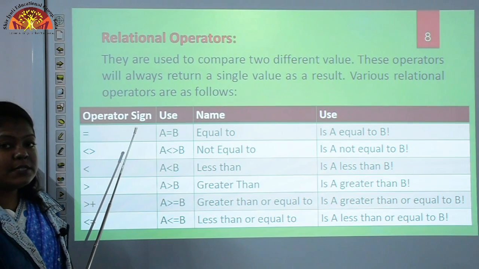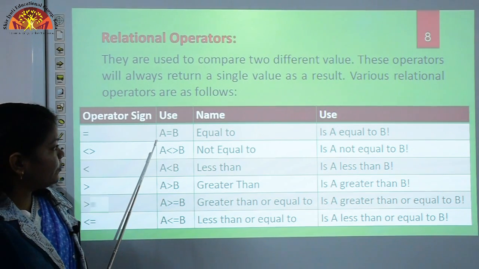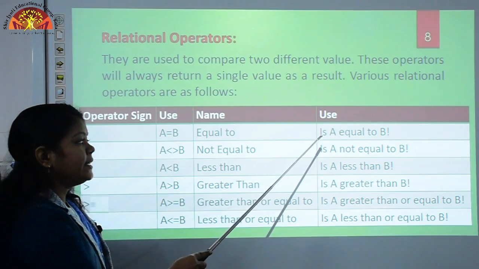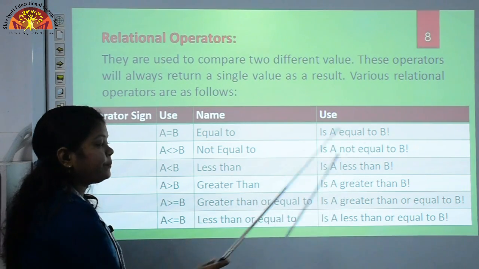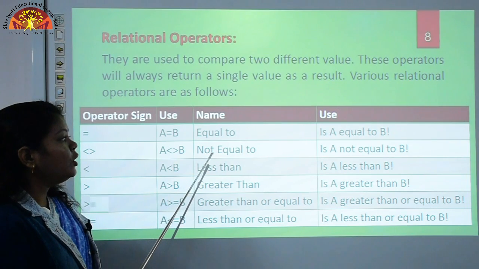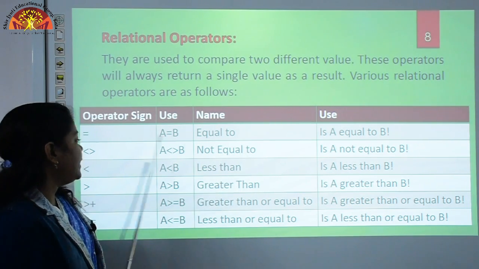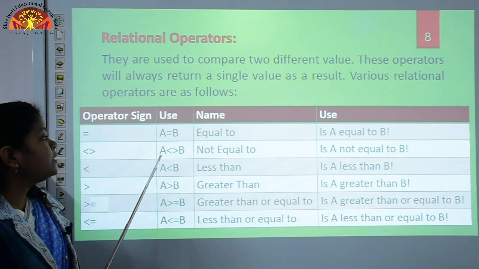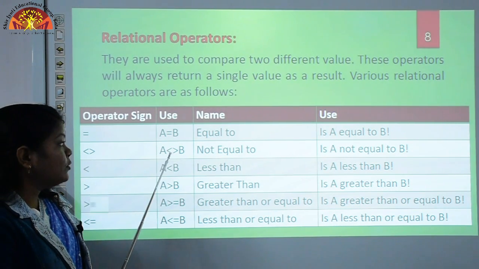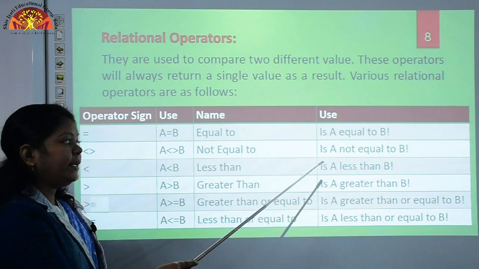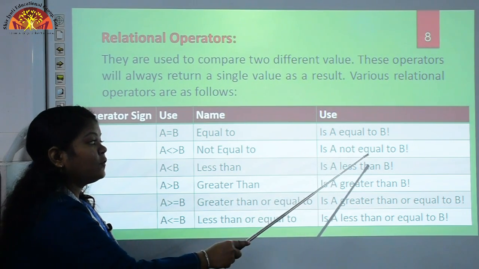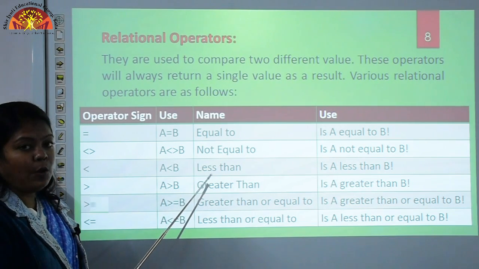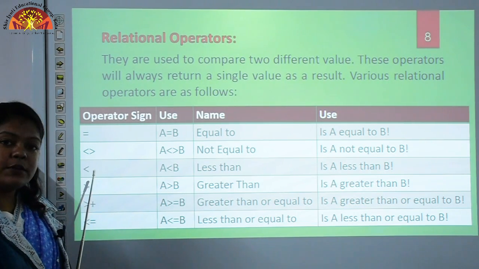We can use this equal to operator, like you can write a equal to b, or you can write is a equal to b. Next operator we have not equal to operator, and this is the symbol of not equal to operator, and you can write it a not equal to b, or you can write it is a not equal to b. Next operator we have less than operator, and this is the symbol of less than operator,